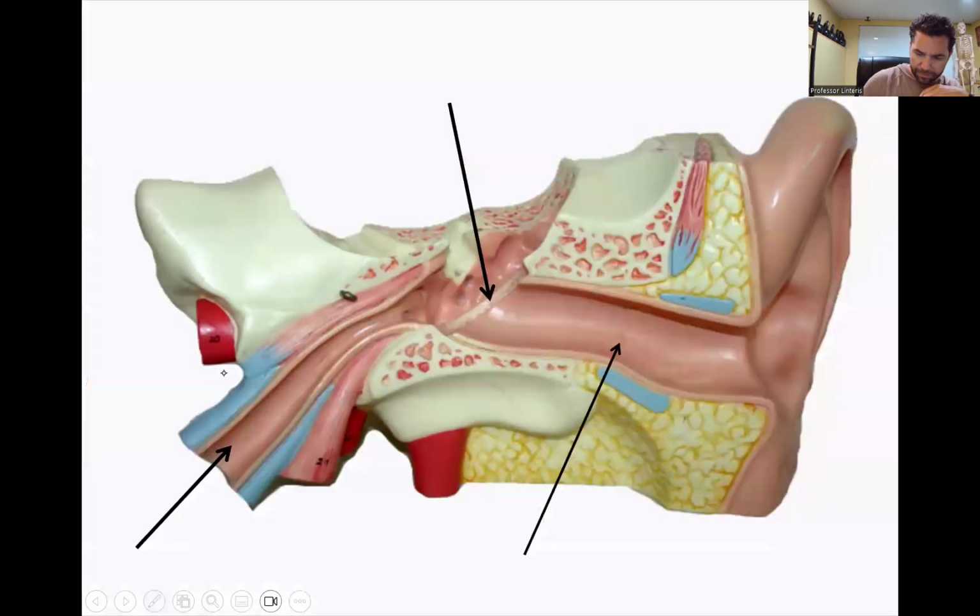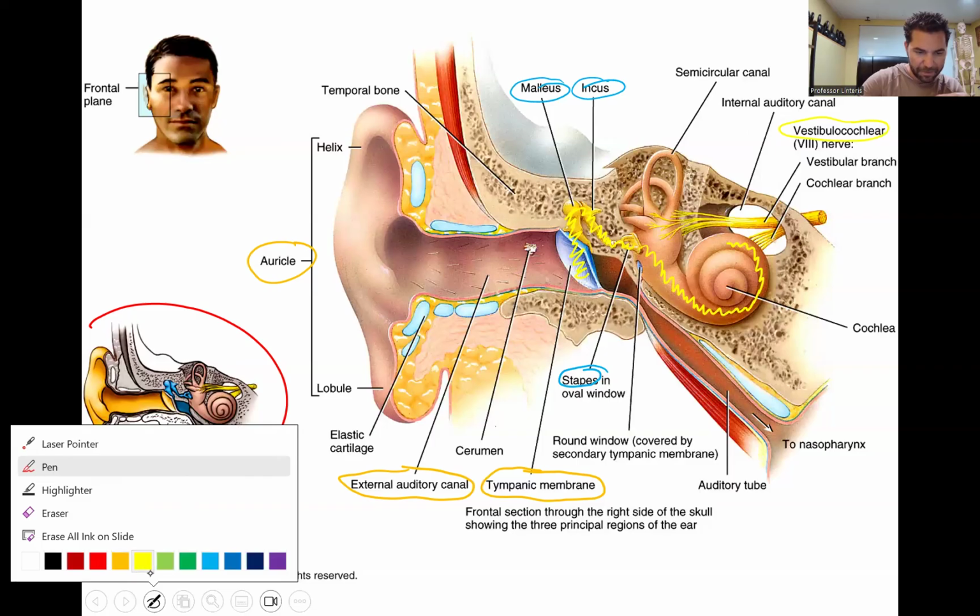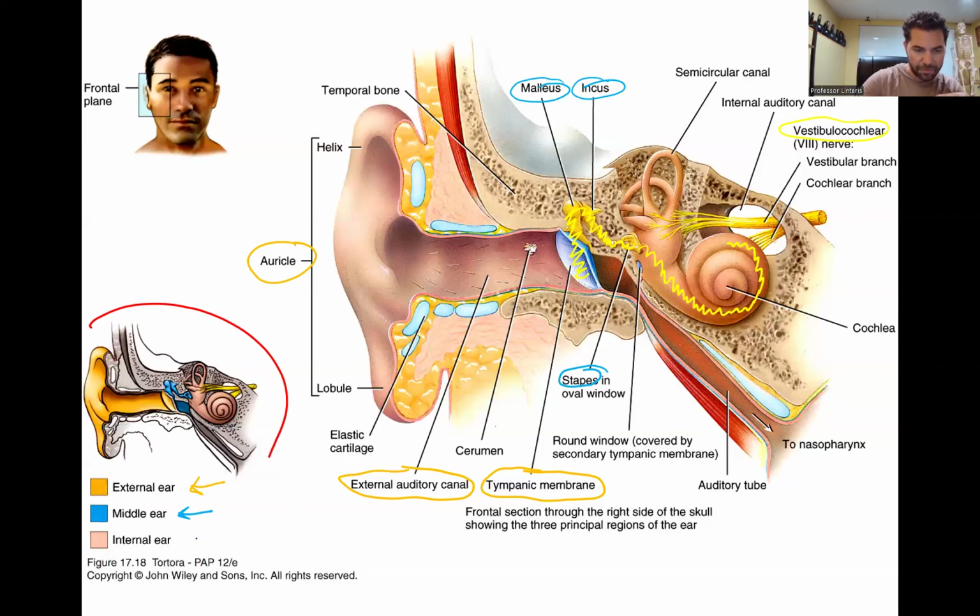What color is it? It is peach. I don't have peach. It's all good. We'll use purple instead. So as we get inside, you have the inner ear structure, which is made of these